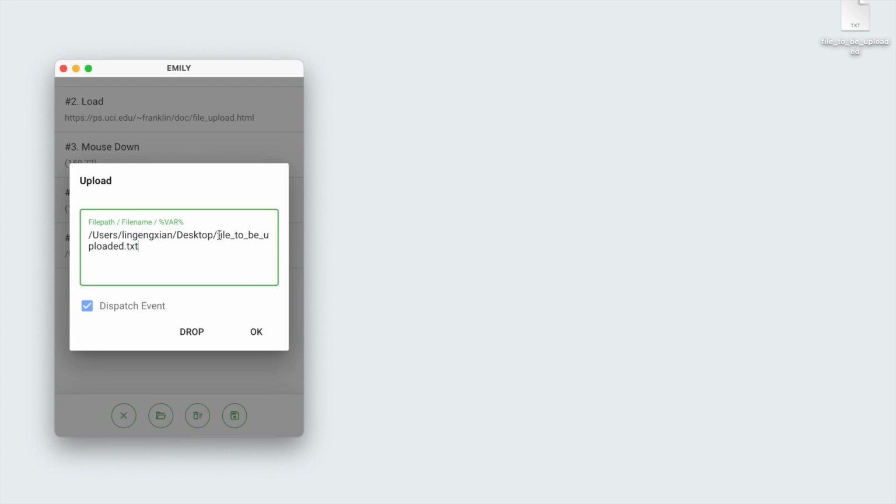The second way is to enter only the file name. Emily will upload files with the same name from the workspace to the target node. The third type is environment variables. Emily will upload the file to the target node by referring to the file path in the text file. The content of the text file can be the complete file path or only the file name. If there is only a file name, Emily will upload the file with the same name from the workspace to